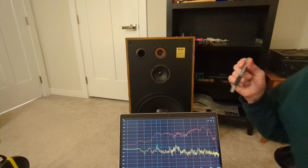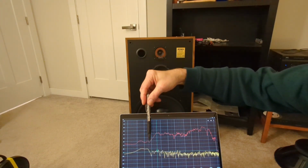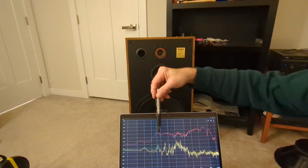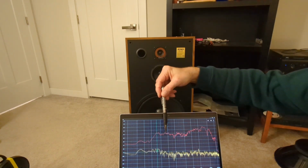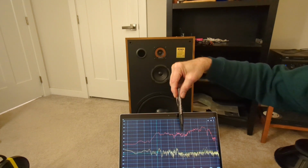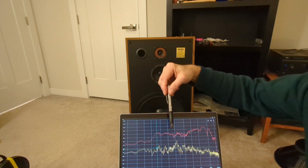So this is pretty interesting. It's definitely not picking up the same as the other mic did. It does seem to be a little bit smoother. Follows the same pattern on the bottom end, except not quite as radical in its changes. At a crossover point of 800, it's still meeting up good there. It does tend to show a little bit more